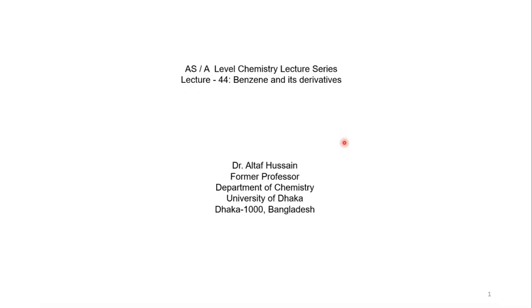In the last lecture, on the last slide, we discussed the addition reactions of benzene and showed how we can get cyclohexane from benzene, and how a free radical reaction can be done, forming 1,2,3,4,5,6-hexachlorocyclohexane. Now, in this 44th lecture, we'll be taking another few examples of